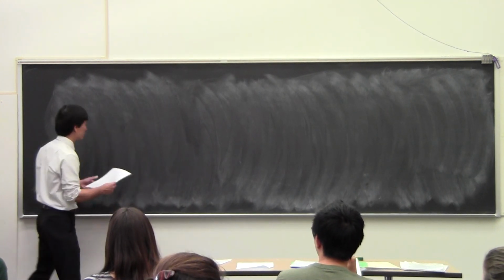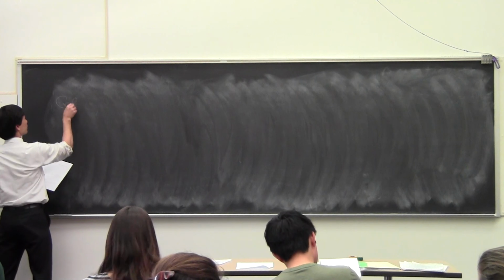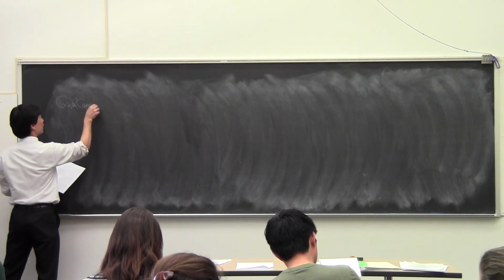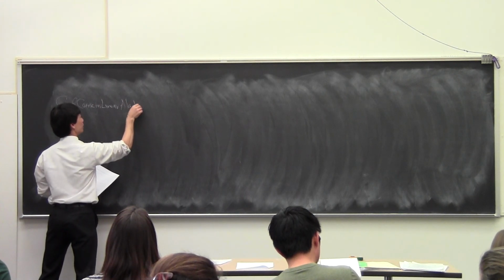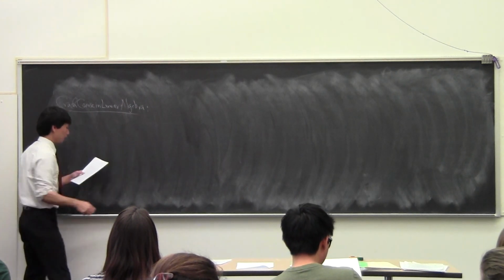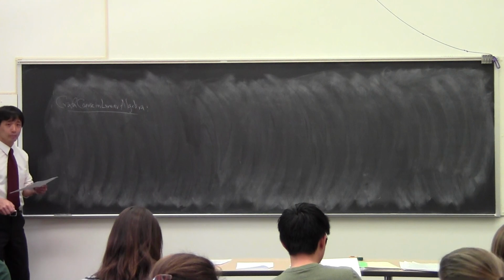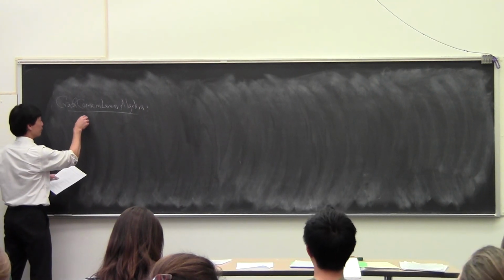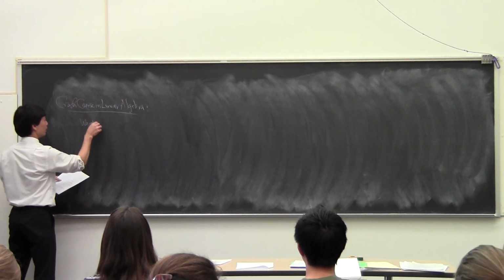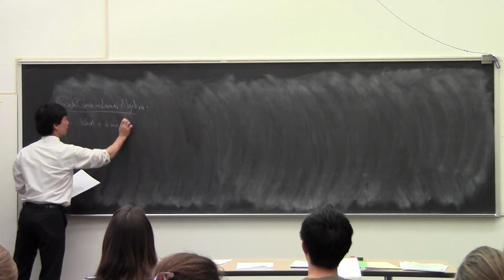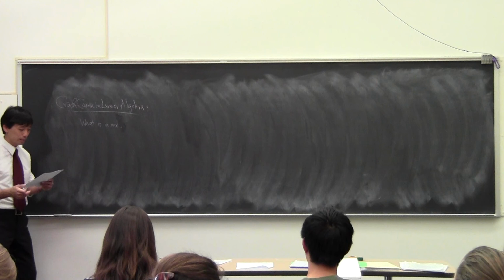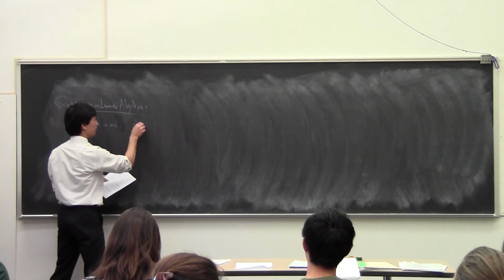So, a sort of crash course in linear algebra, or review for those of you who have had it before. I'm going to assume that you know what a matrix is. I always write an m by n matrix with the standard notation,